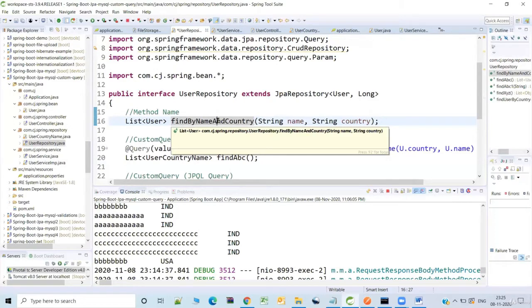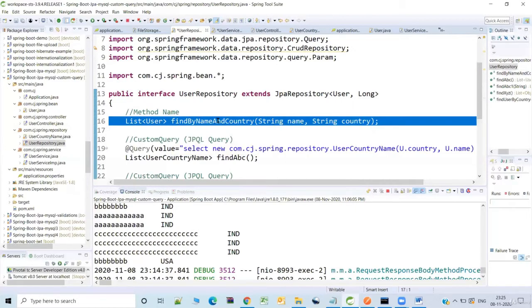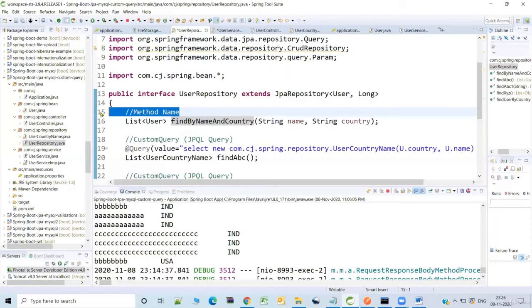For all that, we have specific method name patterns, which I'll be introducing to you in the next lectures. So that is about providing additional custom functionality in the repository layer using the name of the method and the declaration. The next approach is by using the @Query annotation.